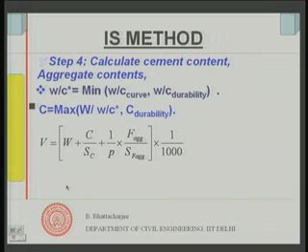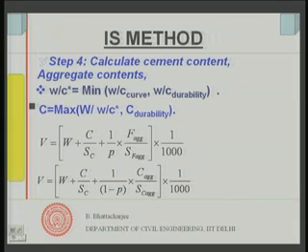Now, I must find out what is the fine aggregate content and coarse aggregate content. And you remember I said the volume is conserved. That means the total volume of water, cement, sand and coarse aggregate must give me the total volume; the sum total of the volume of individual components must give me the total volume minus the air content if any, because our concretes are mostly not air entrained.